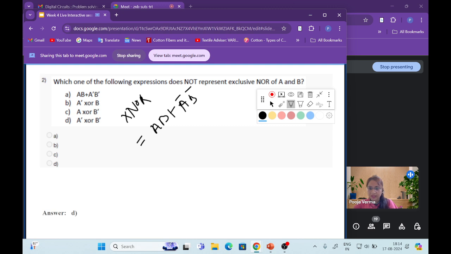So let's check which one of the following expressions does not represent exclusive NOR of A and B. Option A is representing the XNOR gate, so this one is correct. Now next, option B is A dash XOR with B. If you solve this further, you will get